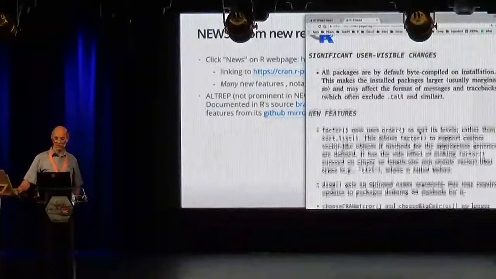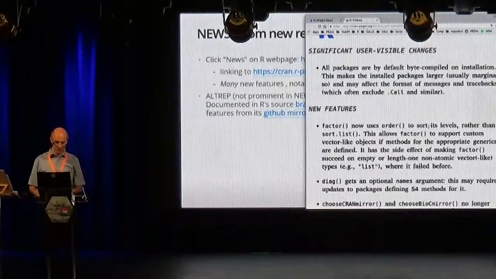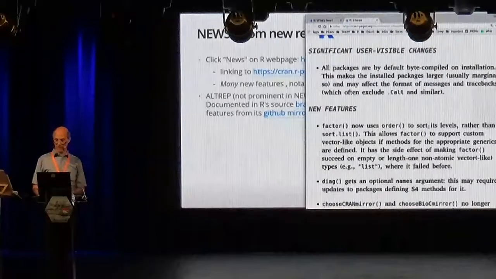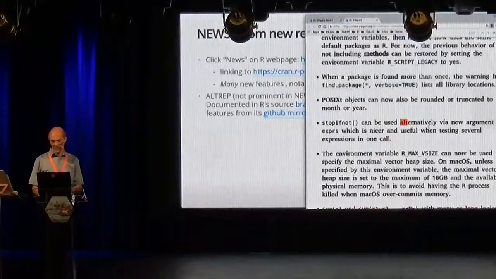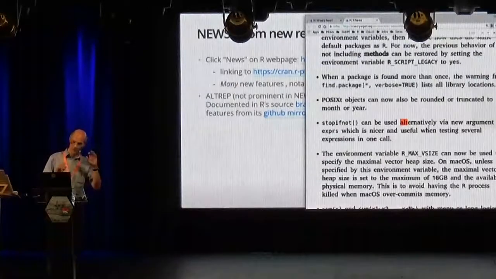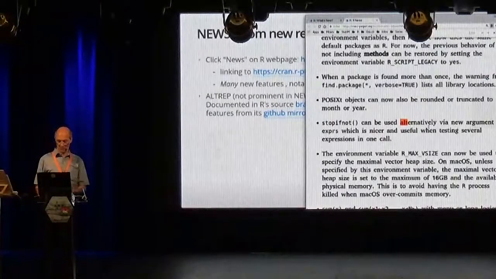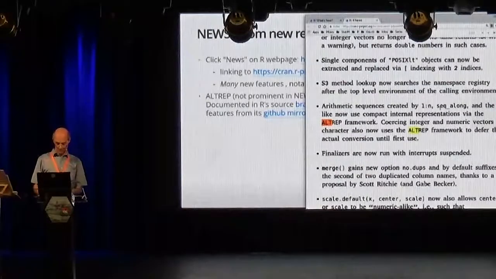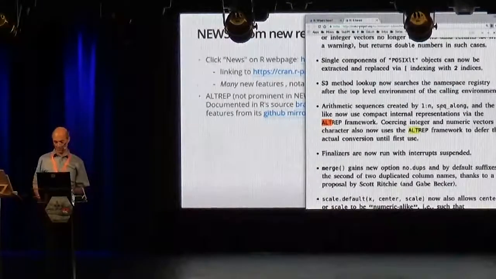And now the list of new features, and there are many, and we cannot cover them all. But I occasionally still recommend to browse slowly through and look at one or two cases. There are also new functions introduced, important features. If I search forward for alt, then you see also that stopifnot now has this new feature to use these expressions without commas, which is nice for unit testing or test scripts in general. Then there's arithmetic sequences do now use an internal representation, which is much more memory efficient than before, using the